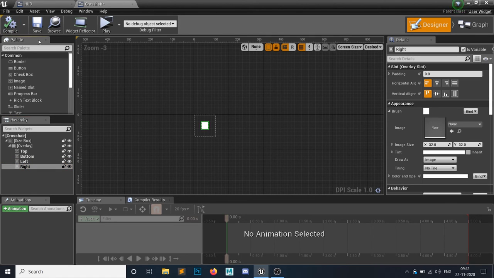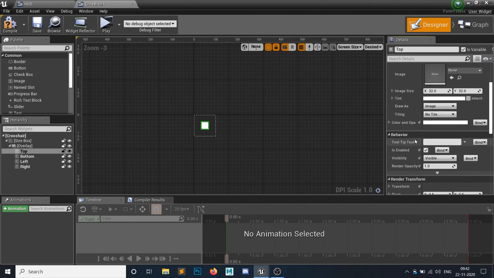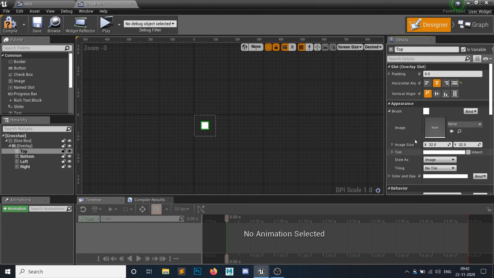Hit compile. So okay, for the top one, vertical alignment should be in the center, horizontal alignment too. Alright, and do I need anything? Let's set this X to 1, Y to, alright.